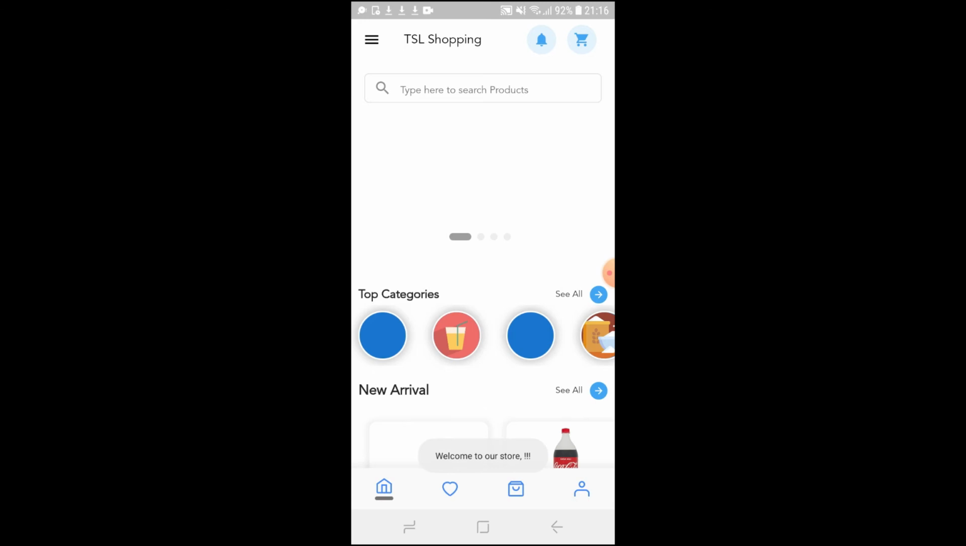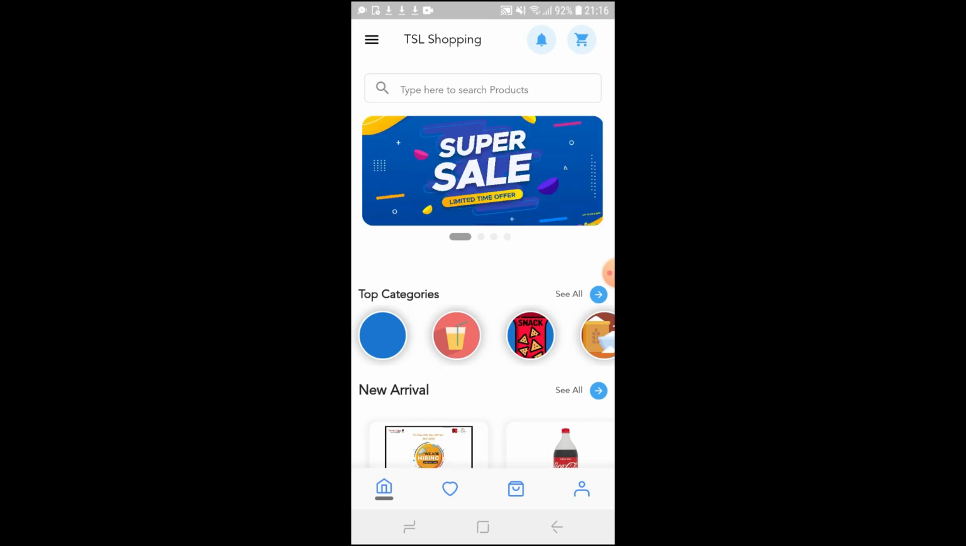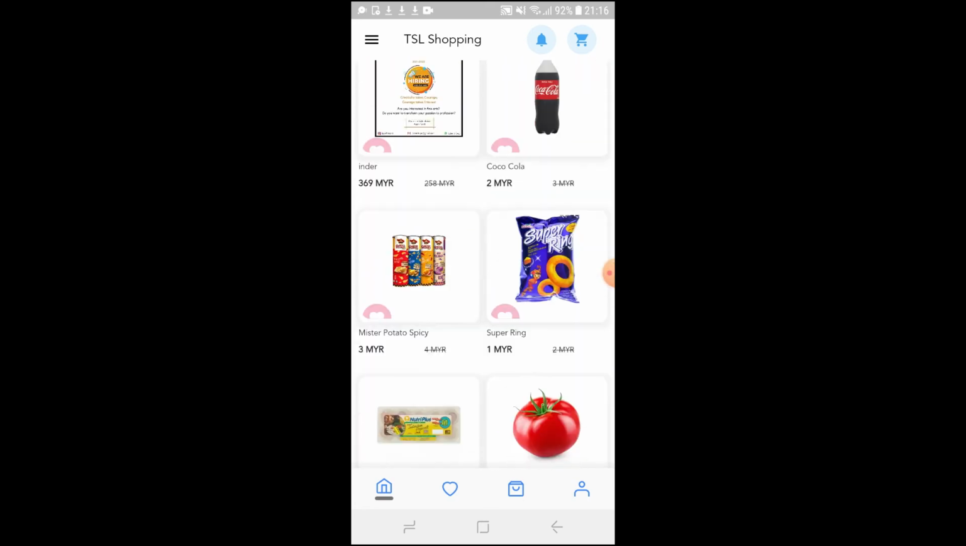So once signed up, it will show please wait, welcome to our store. A confirmation message will be sent to the registered email, where they can see a pop-up message from the email. So once we click that, we are automatically redirected to the application. So now the user can start browsing